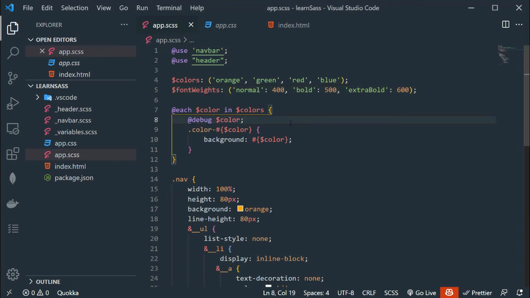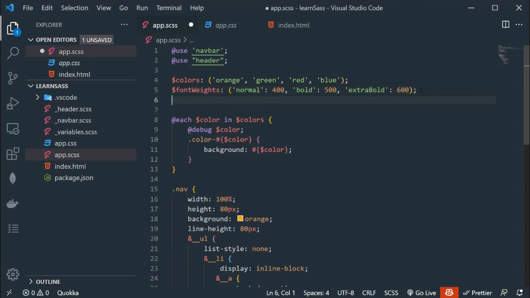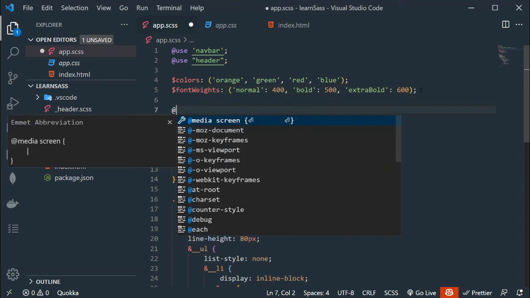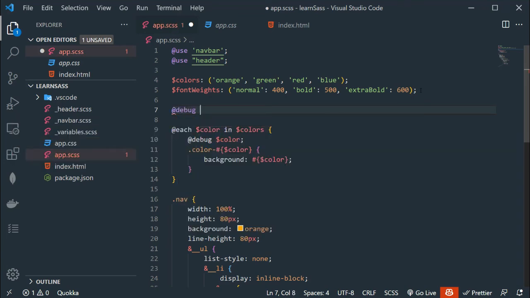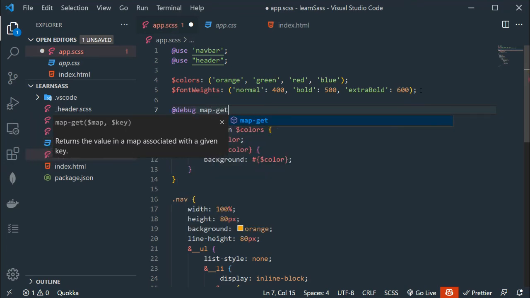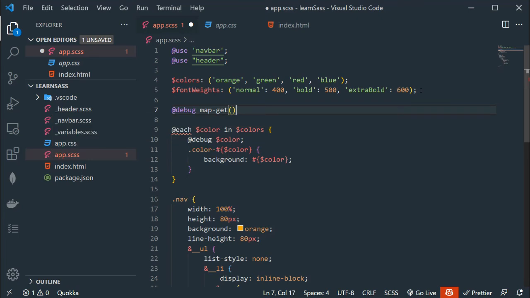Now I want to access values from this map, so we can use a Sass built-in function, and the function name is map-get. First of all we have to add @debug, and the function name is map-get, and this function takes two parameters.